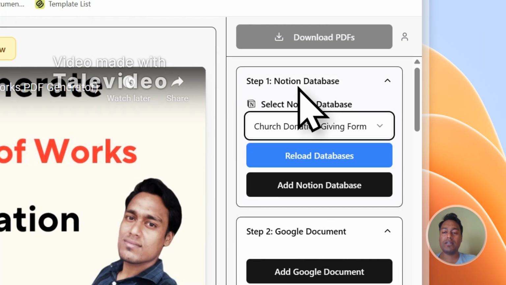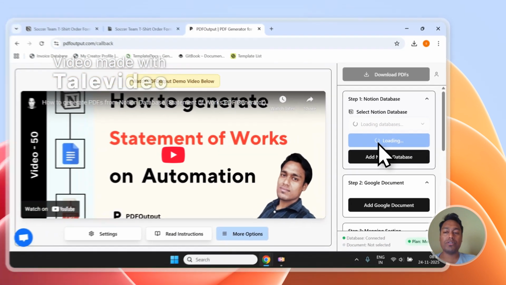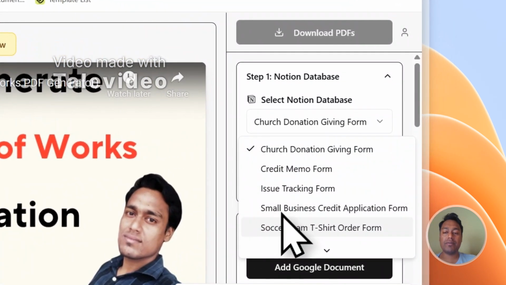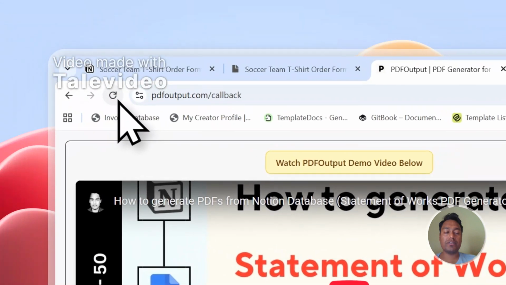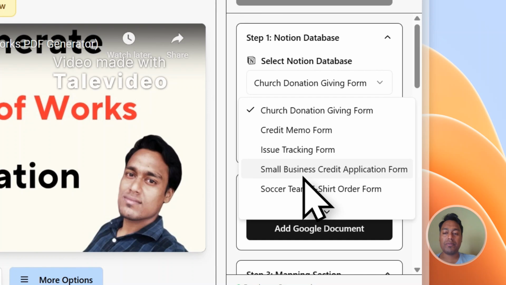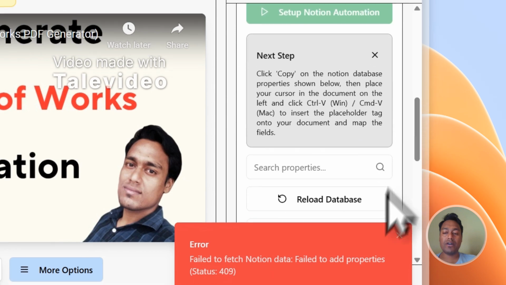If it is not visible, try reloading the database once or twice. Sometimes it takes a while to load the database, so please be patient, but once you hit reload, you should definitely be able to see the same over here. If it is still not yet visible, you can refresh the page once or twice and the database will definitely appear. Click on the particular form from this drop down,